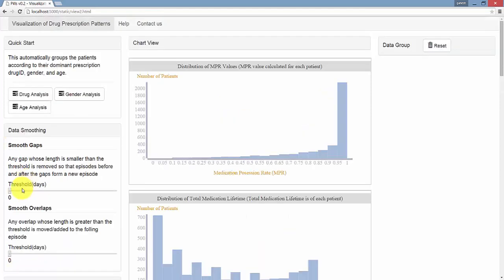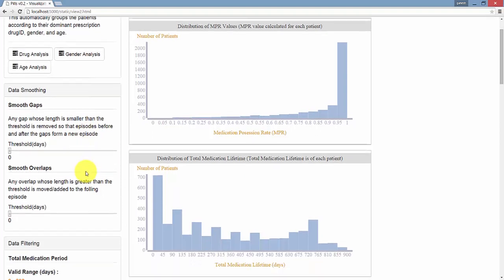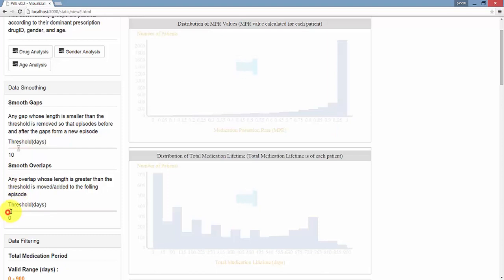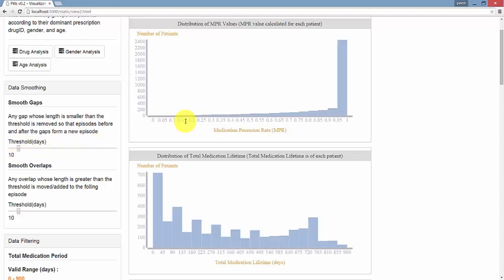Another feature this tool provides is to apply filters. Data smoothing filters can be applied on this graph to find new insights. For example, let's set 10 days of gap and overlap threshold. So it basically removes 10 days of gap between two medication periods. And if you noticed, the graphs changed according to the filter applied,